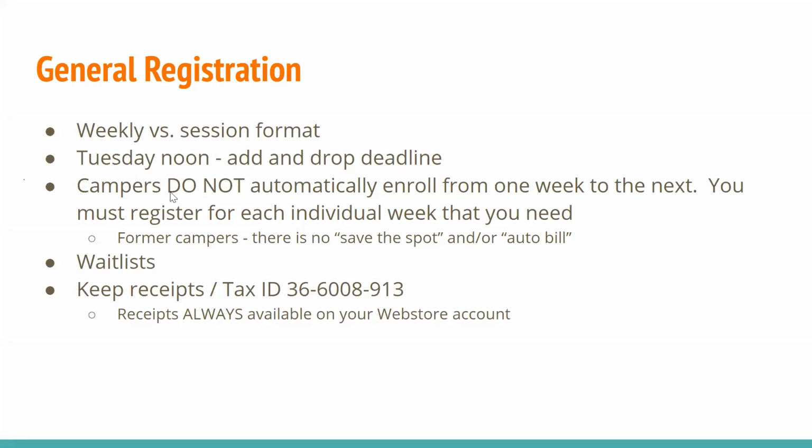So just a big thing to point out is that campers do not automatically enroll from one week to the next. You must register for each individual week that you need. So for those of you that have been with us in the past, again, there's no save the spot or the auto bill option. If you do go on wait list, I do encourage you to, as long as it's before that Tuesday date and time, make sure that when you are in the web store that you